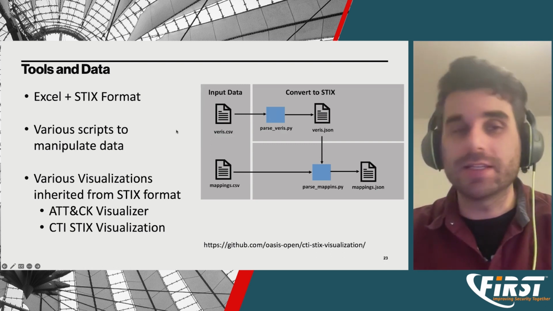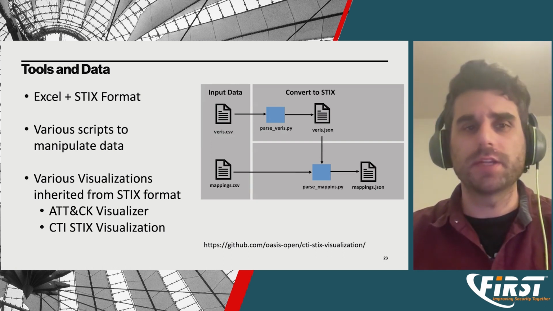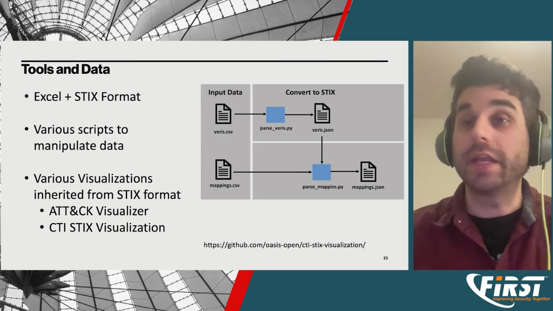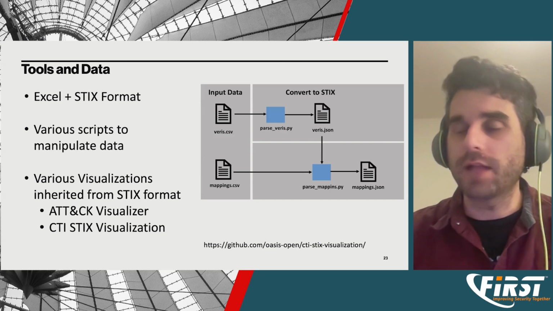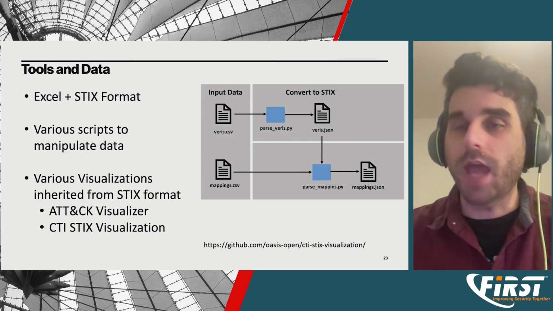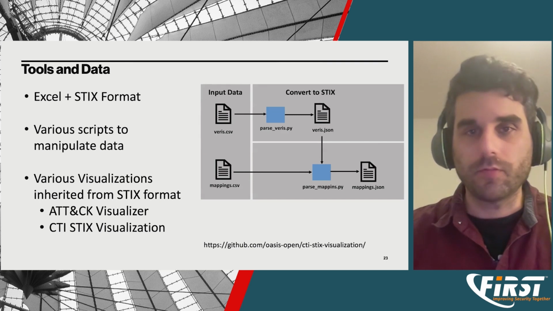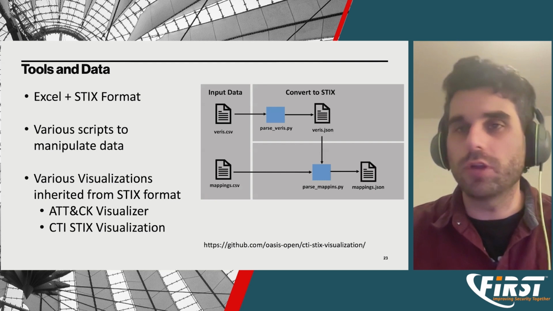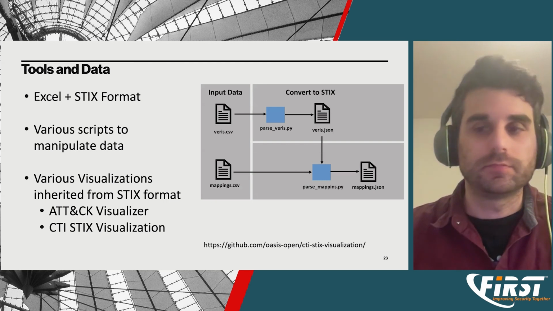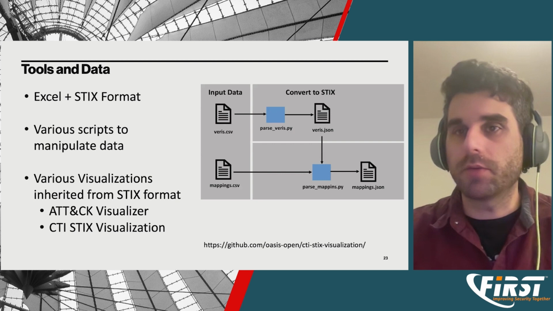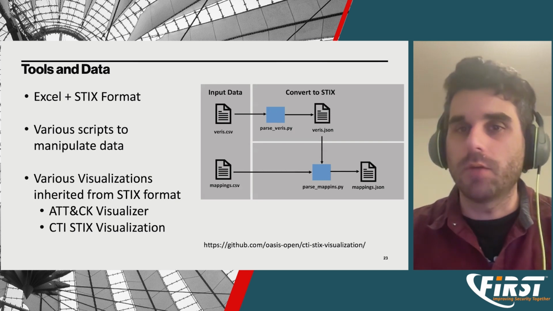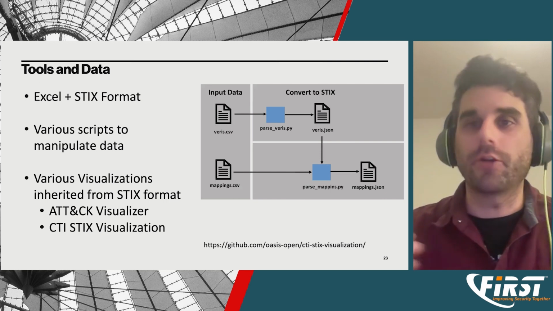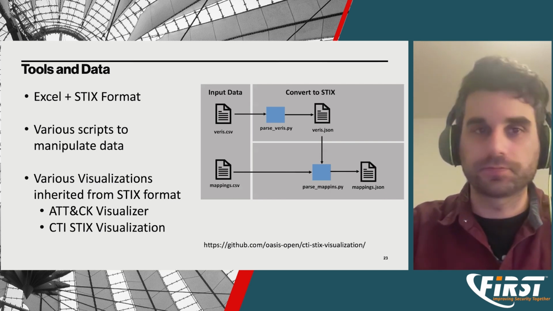As I mentioned, it's in STIX. There are various scripts that exist to manipulate the data. There are also different layers that exist for the format, so you can pull it into the Navigator, or you can look at it in Excel format. But ultimately the STIX data is the functional data component. That allows you to do these translations, to go from the technical information up to the broader categories that exist within VERIS.